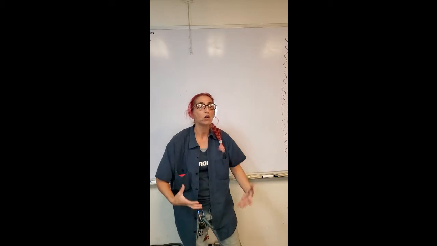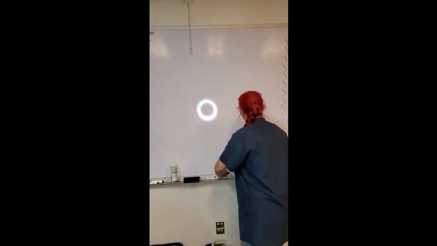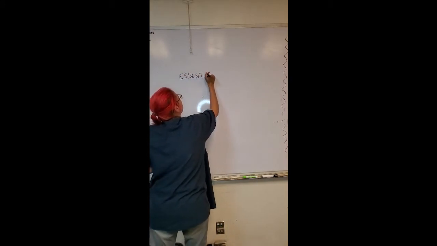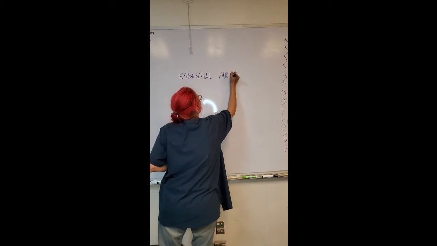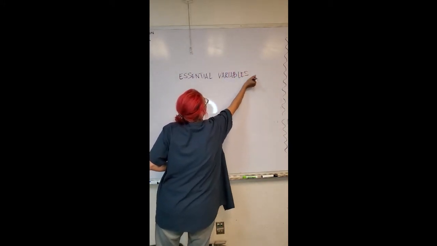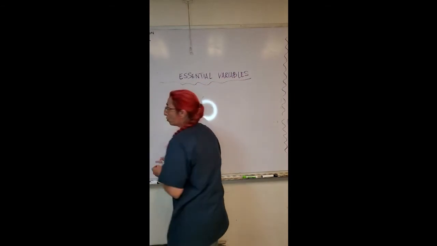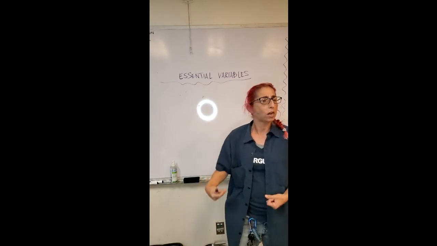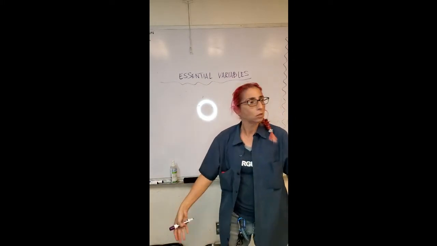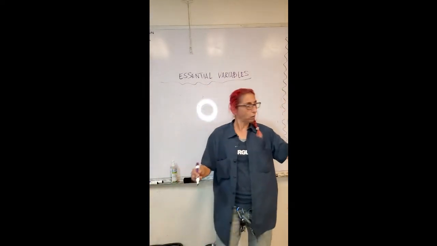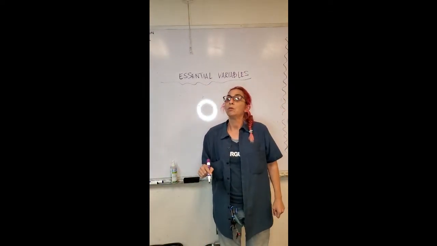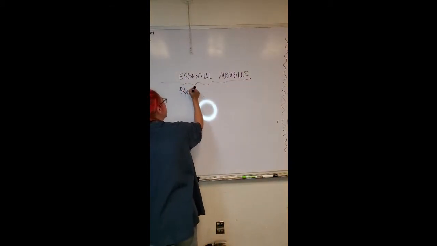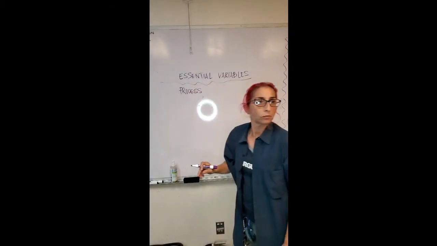Okay, so what are some of the things that are essential variables that we need to recognize and pay attention to? Because when some of those things are changed, it is a snowball. What would be the first thing that we're going to look at? Materials. Welding process. Process, good. If we change the process, we have to requalify.